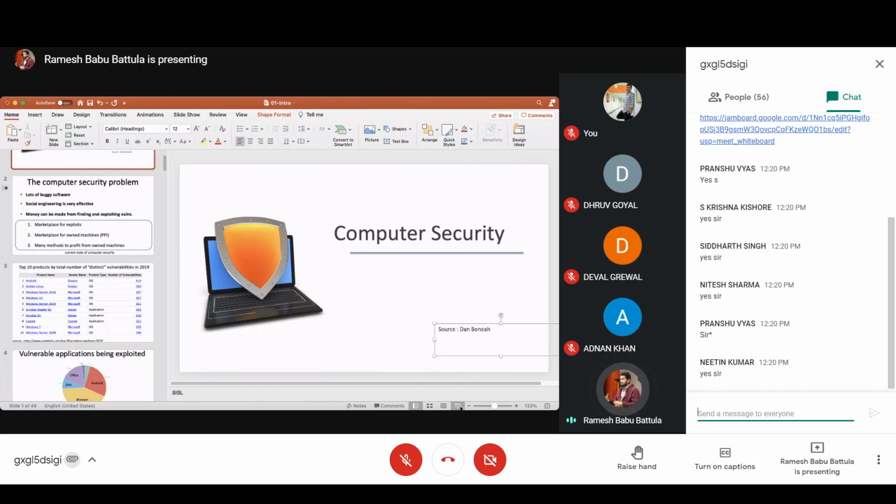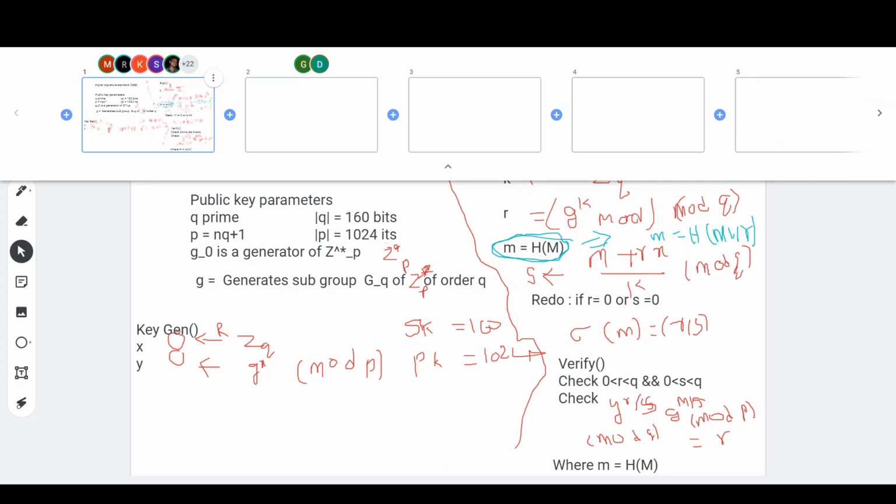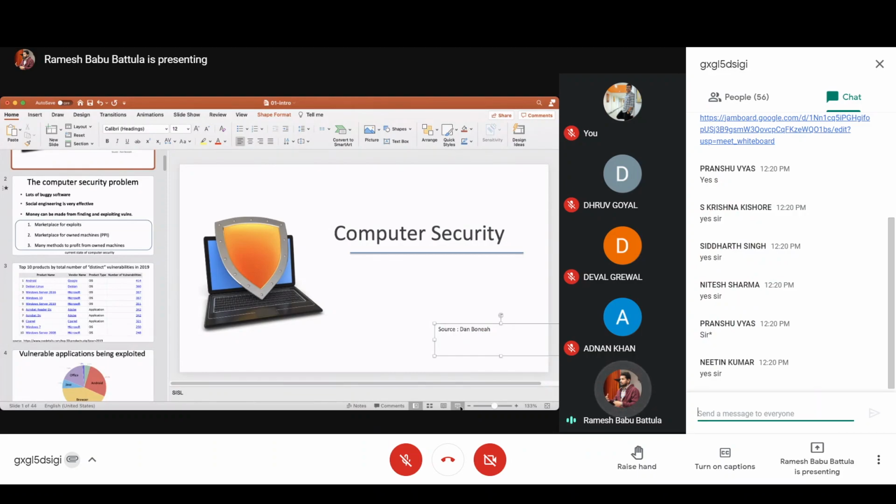You may observe some of the problems in 2019, these are the vulnerabilities. Android has the maximum number of vulnerabilities, and after that Debian Linux. Most people feel these Linux operating systems are very secure, but you need to observe the number of vulnerabilities here. After that, Windows. Here you might not find Mac in the top 10. Earlier it was there, but in 2019 Mac was not in the top 10 vulnerabilities.